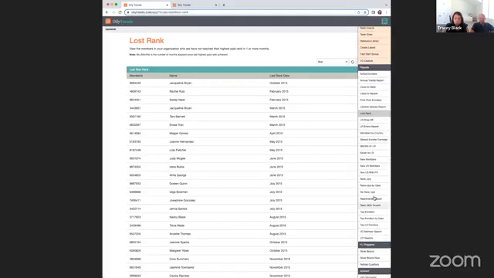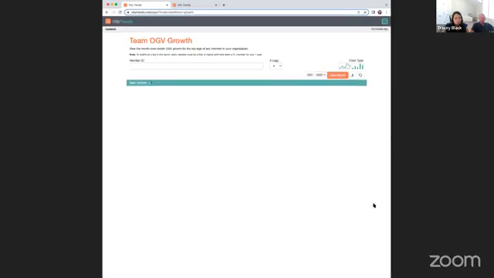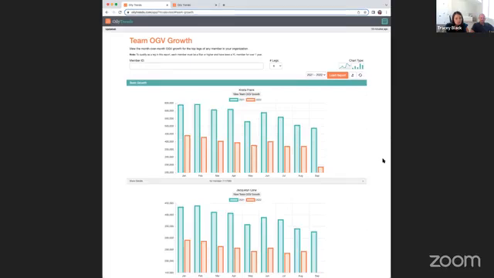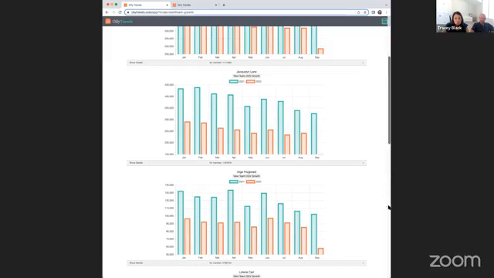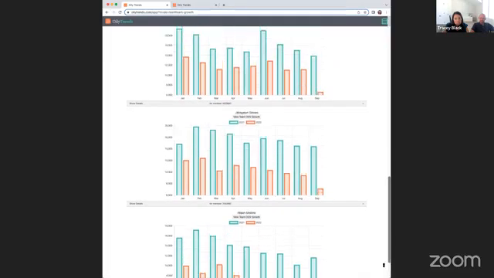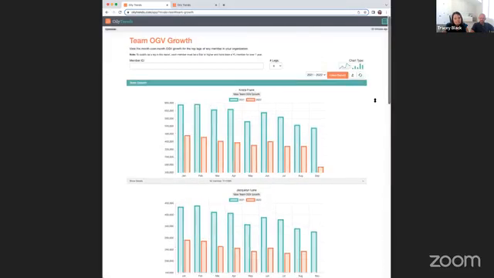The other thing I like to look at is growth on the team. This is a really cool report that shows you growth on your team as it looks at your top legs. You can toggle this to your top 3 legs, your top 2 legs, your top 6 legs, and see what the growth has been year over year. Maybe you use this as a guide to decide where you need to be spending your time, and where you really need to dig in and help those people. That's a really fantastic one.